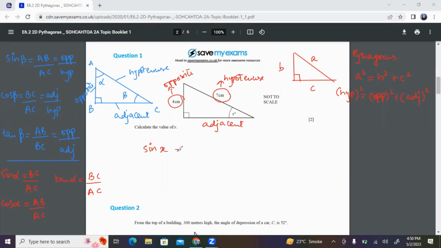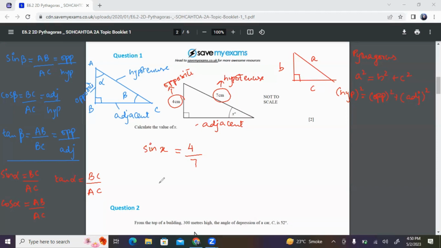Sine x equals opposite, which is 4, over hypotenuse, which is 7. Once we have figured out what the trig ratio is, we will just directly plug the value into the calculator and find the value of x. So in the calculator, we do sine inverse of 4 divided by 7, which gives us